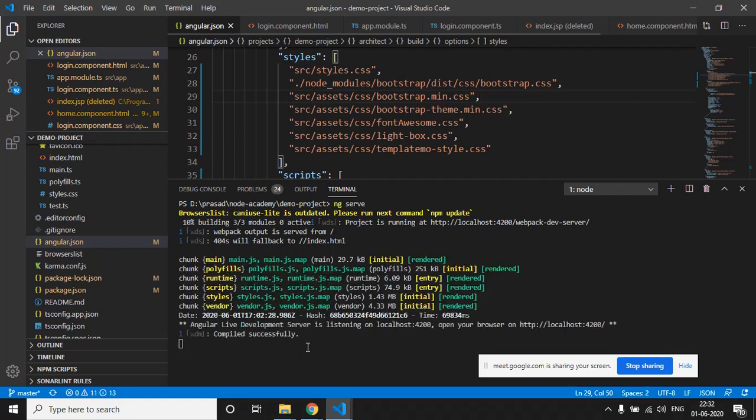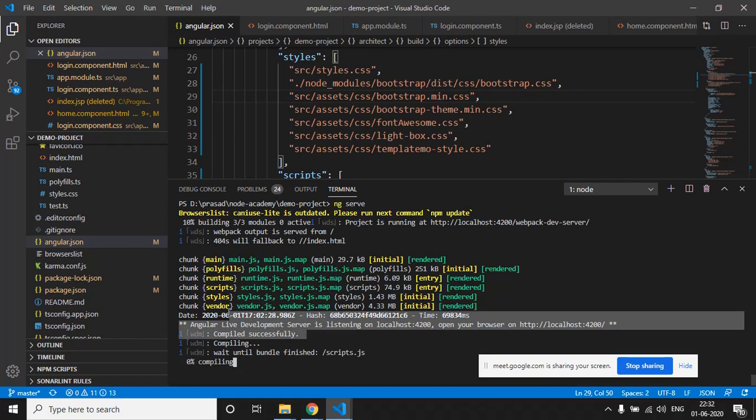So now our Angular application has been compiled successfully and it has loaded all the CSS files. So let's check it in the browser.